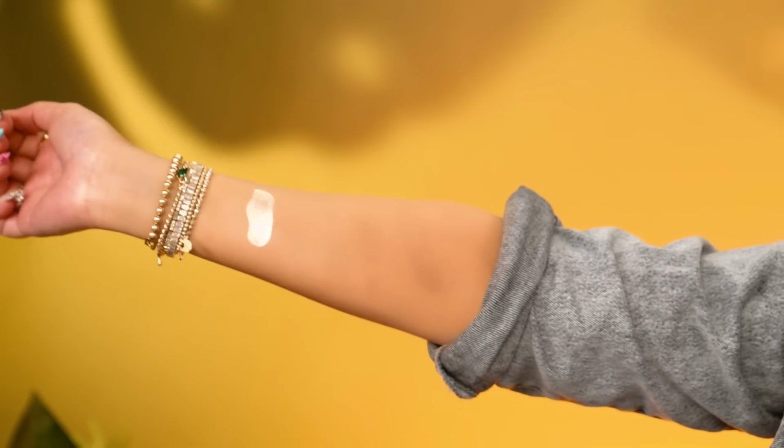I'm doing that for you one more time, just putting it on like an actual swatch so you can see the shade of it. So that right there is Lightning. Next, we have the shade High Gleams, which is